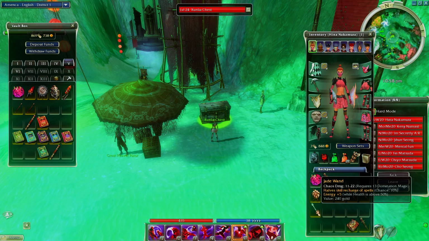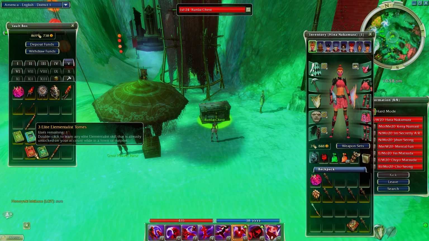We did get a pretty decent Jade Wand. Q13 Dom, which sucks, but 2 perfect mods. Energy +5, have skill recharge 10%. I'm sure someone on Legacy might want this. Maybe a collector. Yeah, you never know. It doesn't hurt to list it. So yeah, that's the...